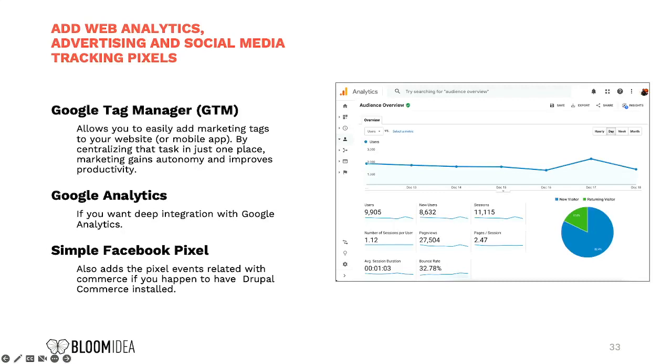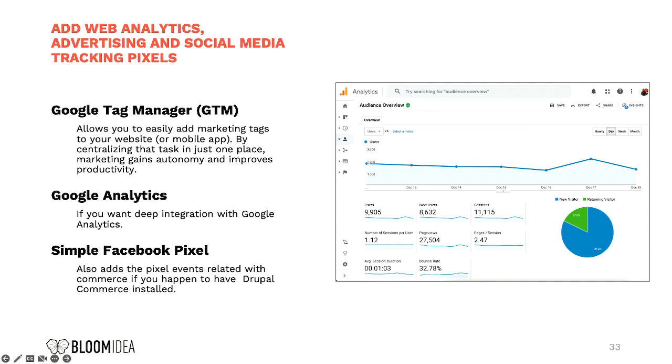Digital marketing is obsessed with data, okay? They want to track everything. They love to see, for example, visitors navigating in real time on the website. Because of that, there are so many tags you need to add, like for Facebook, Instagram, TikTok, Pinterest, etc. I think Drupal has modules for all of that, but it's another module you need to add.